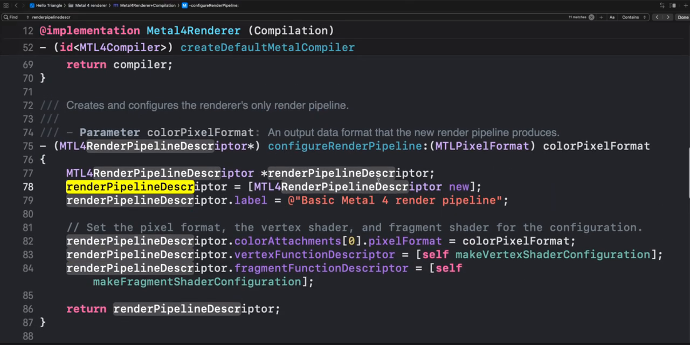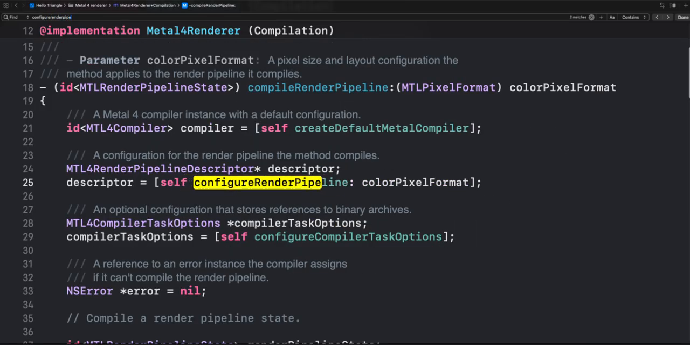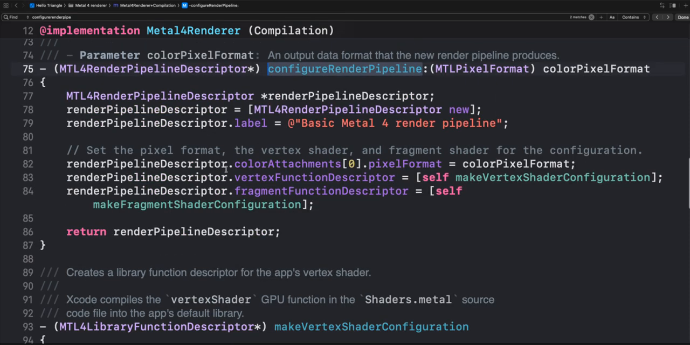So the pipeline descriptor is created. Configure render pipeline. So here is where we initialize this descriptor now, and then with the descriptor now, we are trying to give it more information. So we have this compile render pipeline,